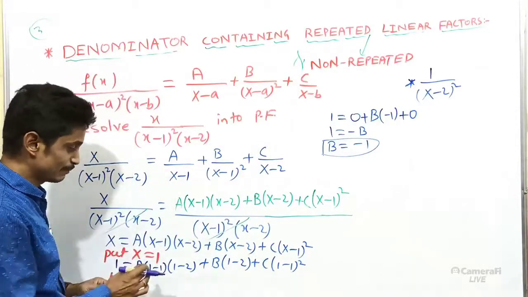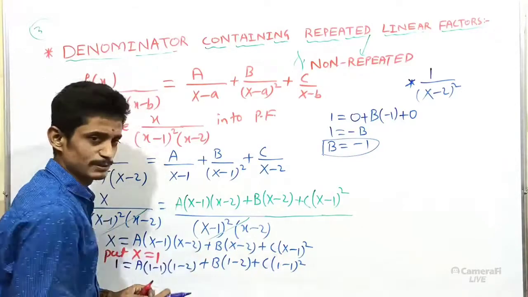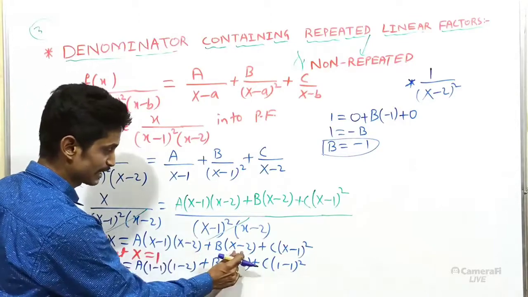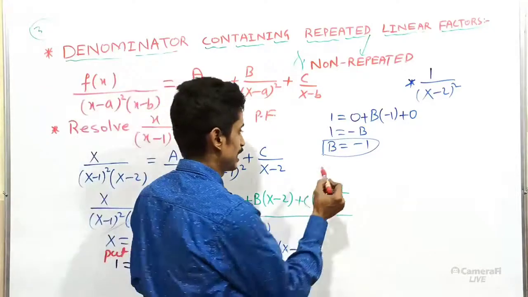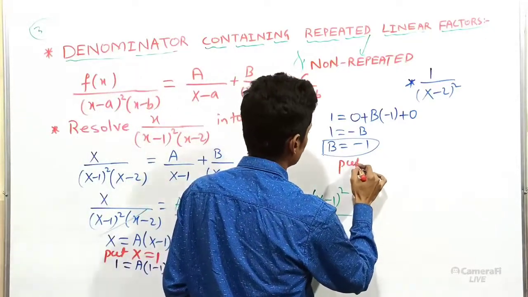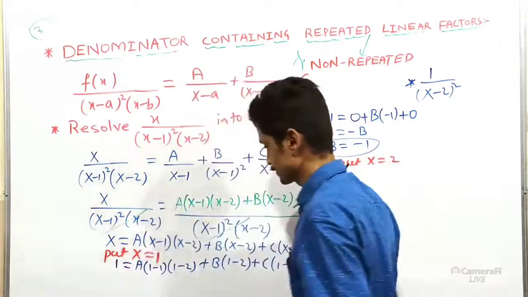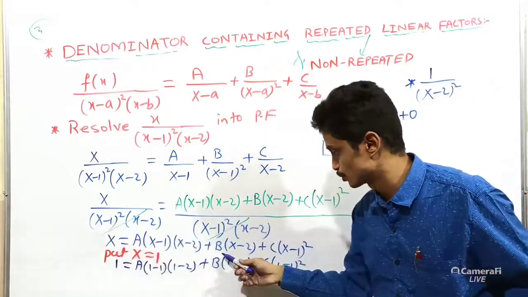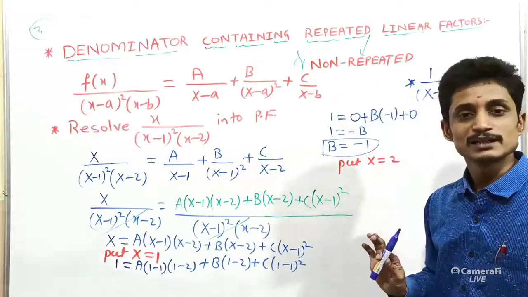Now, I wish to eliminate a. If I replace x, one c will eliminate b, and only a remains. That's why I will replace x value. However, I got the b value. So replacing x by 2, I wish to eliminate the b value. For x equal to 2, just focus on this one. By replacing x equal to 2, I will eliminate a and I will eliminate b, and just c remains.